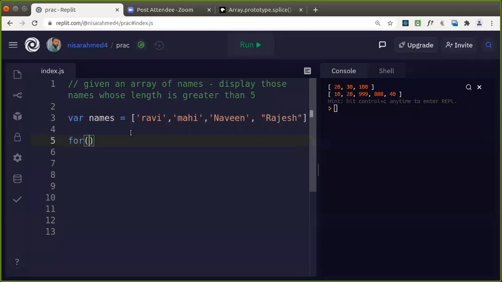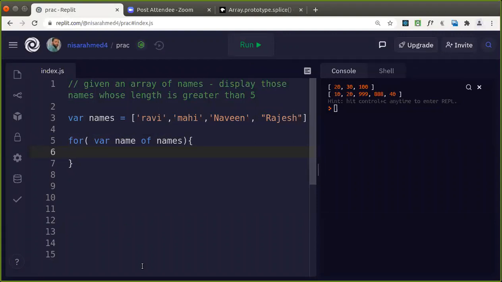Yeah, let's take the variant of the for loop where each name we take: for name of names, isn't it? So each name we are going to get. First we'll get Ravi and that will be stored in name. You can use zero-based indexing also.